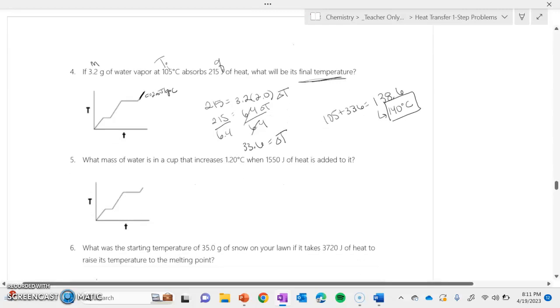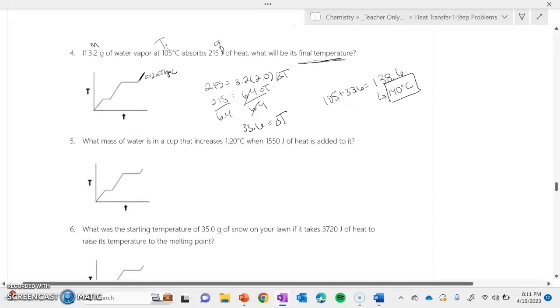But there's how you would solve for the final temperature. Finding that increase and then applying it. You do the